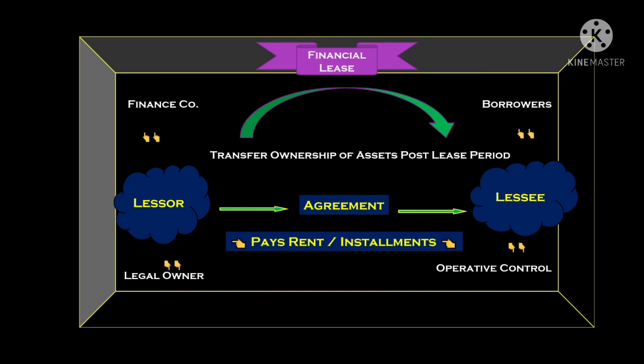So under this, the borrower, or we can say the customer, means the lessee, will use that asset during the lease, right? And it will pay the rent or installment to the lessor according to the agreement. So the lessee has the right or the option to choose to acquire the ownership of that asset, or in simple words, the lessee will be allowed the choice of buying that asset at a bargaining price, or we can say at a discounted price compared with the market price,